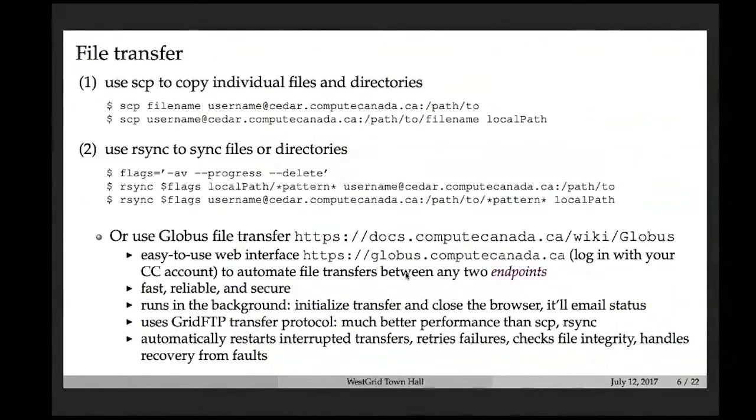In this case, the first example is from a laptop to the Cedar cluster, and in the second example from Cedar to your local machine. And also you can use the rsync command. The idea of rsync is that instead of supplying the exact file name that you want to copy, it will simply sync two directories, for example, a local directory and a remote directory. The problem with rsync is that its performance is not particularly great, especially when you have a lot of files in a directory. And especially if you're trying to transfer very large files, we highly recommend using the Globus file